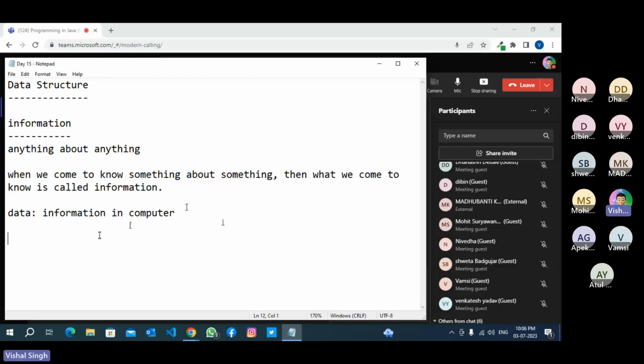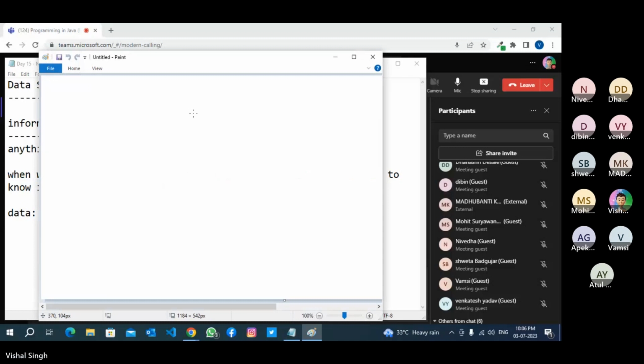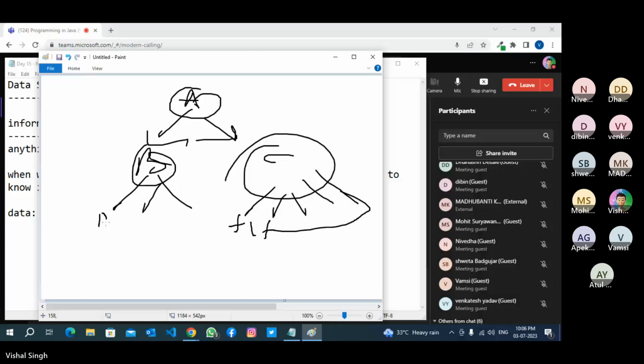Information about files, like the directory structure. Suppose there is a folder A. Inside A, we have two other folders, B and C. Inside C, we have five files, F1, F2, and so on. Inside B, we have three folders, D, E, F. Inside E, we have three files.